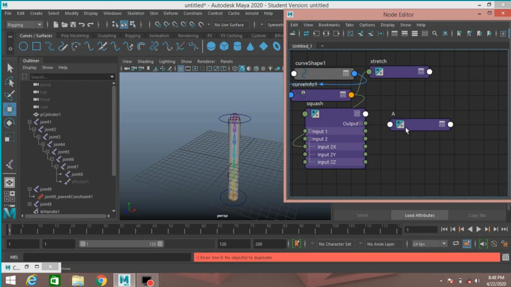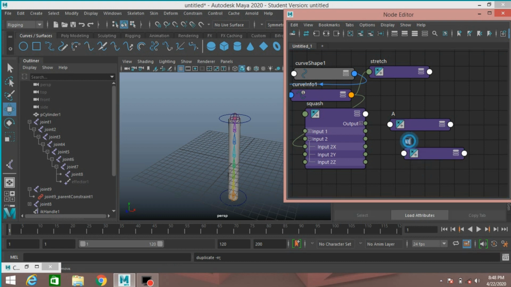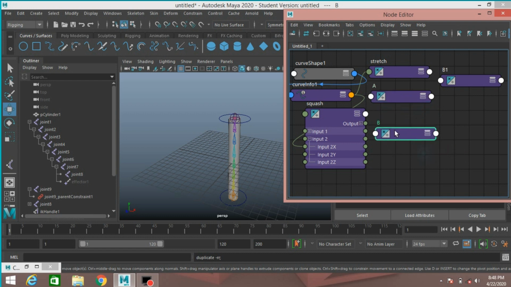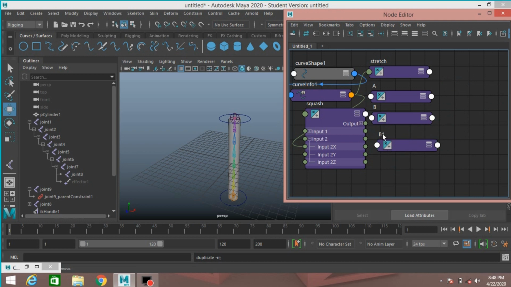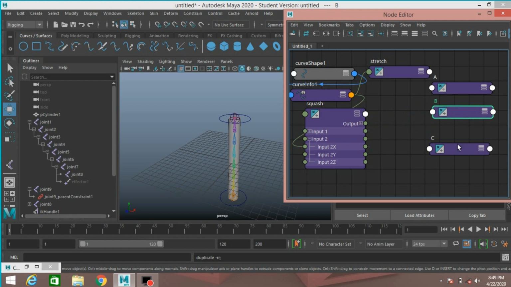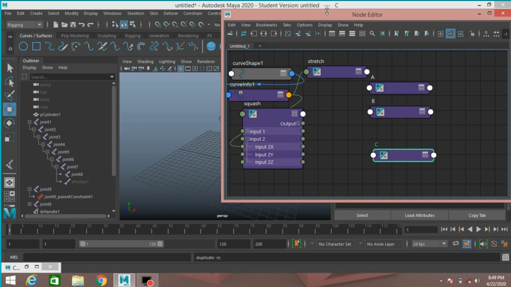Ctrl plus D to duplicate and rename B. Ctrl plus D to duplicate and rename it C. And increase its size.